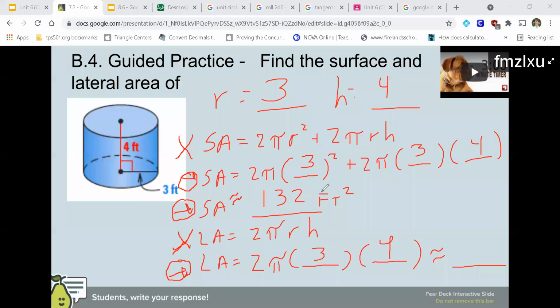All right, so then LA is just going to be 75 feet squared if you type it in. Mr. Lake, this is the easiest thing I've done. I'm telling you, it's not too bad. Bro, I actually typed everything. Okay. Mr. Lake,